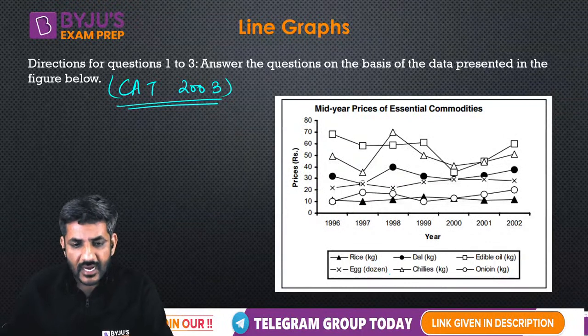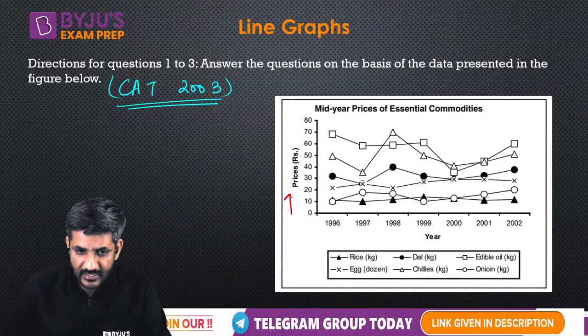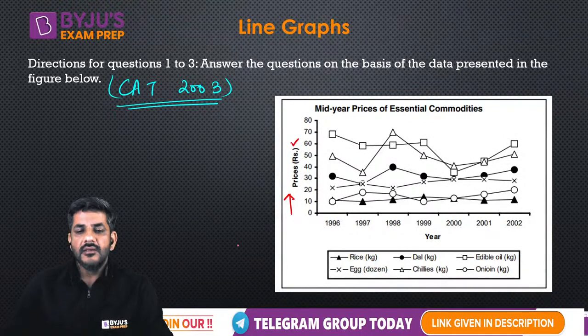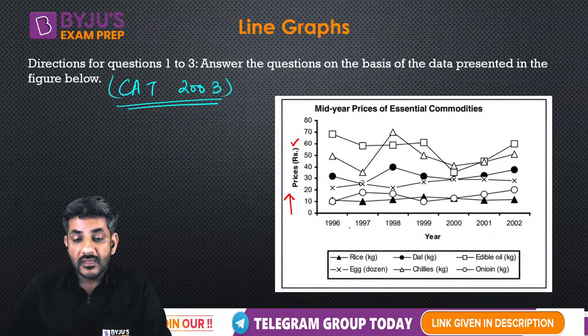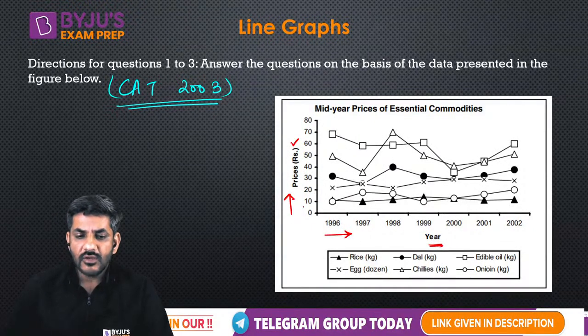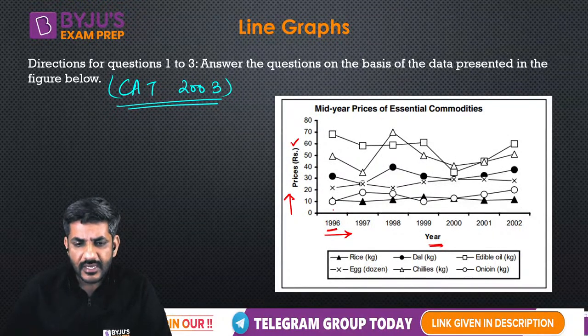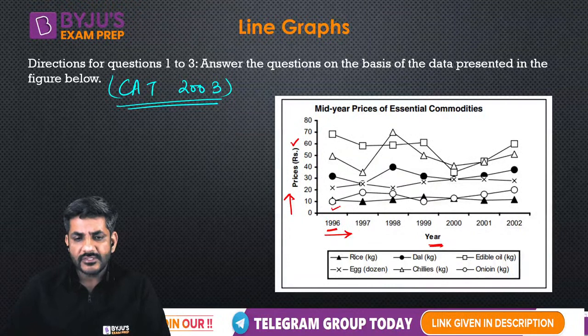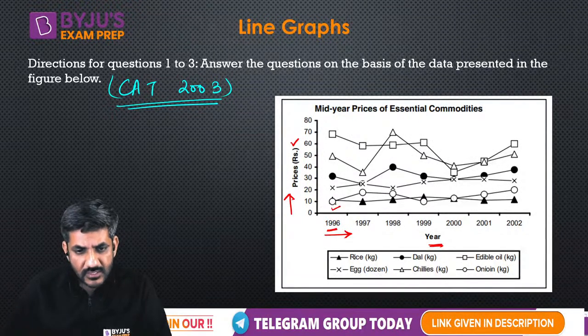So the graph on your left hand side, the vertical axis, says prices in rupees, and the horizontal axis is representing the years. I hope you all can understand. In 1996 the price of onion was 10, and the price of rice was